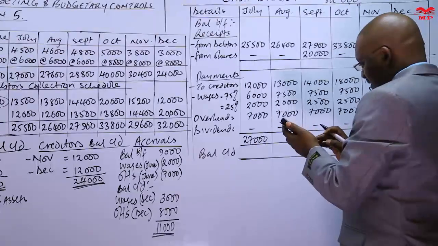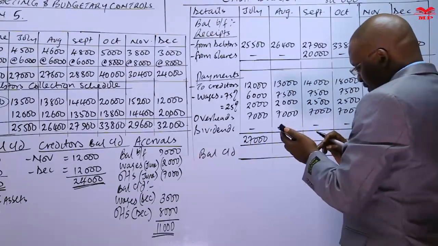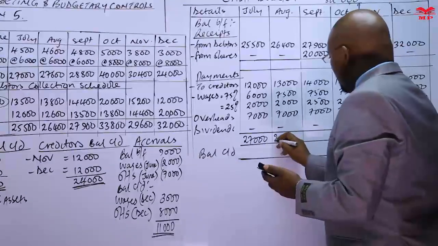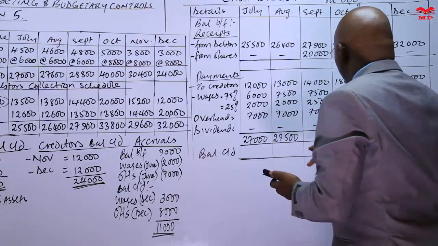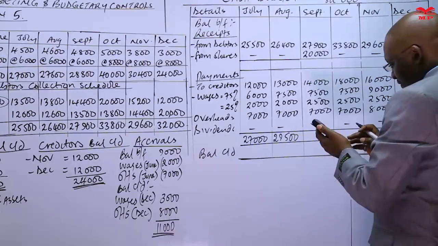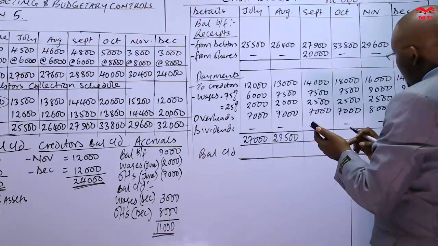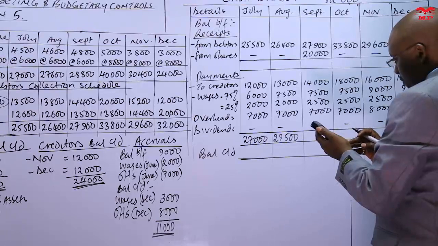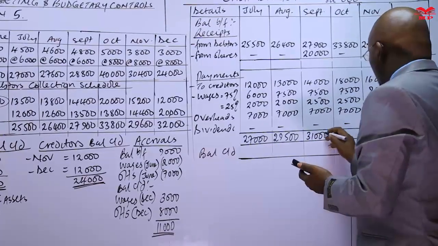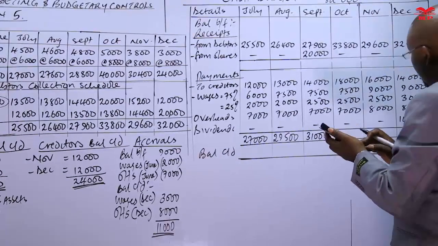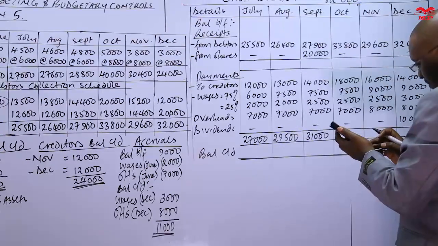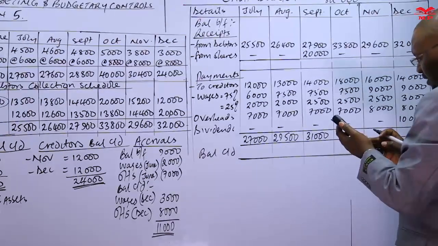This is 13 plus 7.5 plus 2 plus 7. This is 29,500. 14 plus 7.5 plus 2.5 plus 7. This is giving us 31,000. Then you have 18 plus 7.5 plus 2.5 plus 7. This is giving us